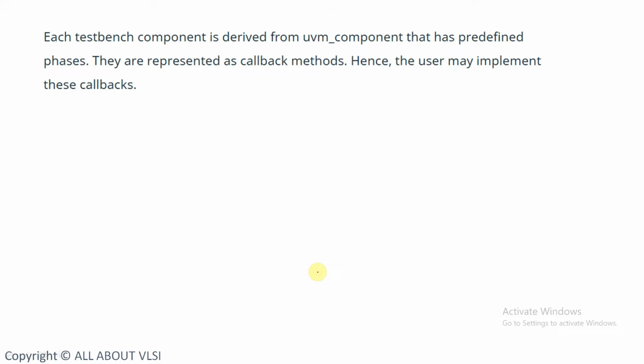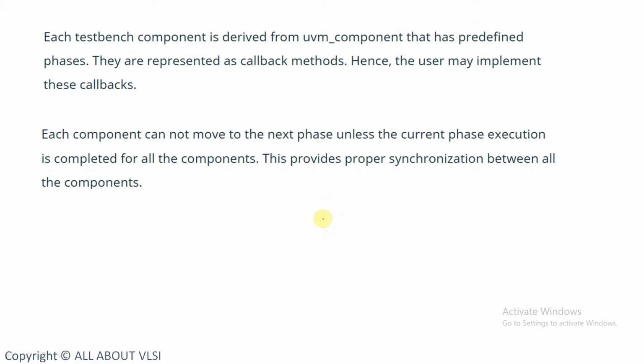They are represented as callback methods, hence the user may implement these callbacks. It's optional. If you want to implement them, you can. There is no compulsion, but if we implement them, we can achieve synchronization. How we are achieving the synchronization and how these phases make our job easy, that we are going to see. Basically each component cannot move to the next UVM phase unless the current phase execution is completed